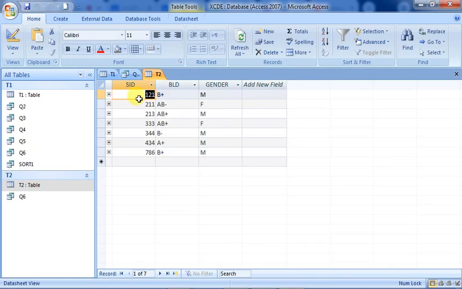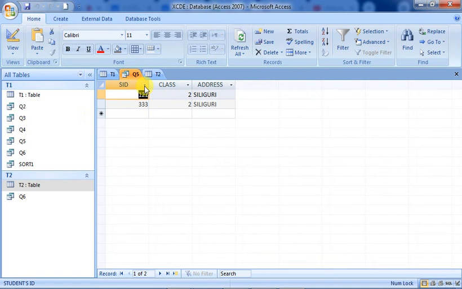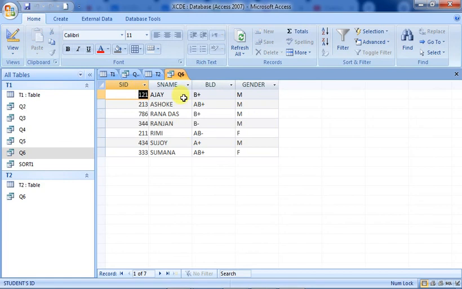Now you see what has come. Okay, so what other things are coming? Sorry, Q5 we have to, Q6 we have to run. Then if we execute Q6, you see here SID, S name, blood group and gender have come. So Ajay has B plus and his gender is M, Ranjan M, Rimi is F, and all these